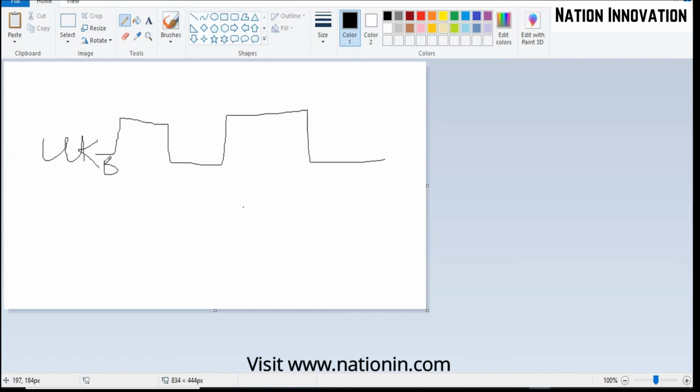Suppose this is a 0, and here it is high, so we will represent it as 1. Here it is 0, and here it is 1. Whenever there is a transition in the clock pulse from 0 to 1, that is considered a posedge. Whenever there is a change from 1 to 0, we call it a negedge.